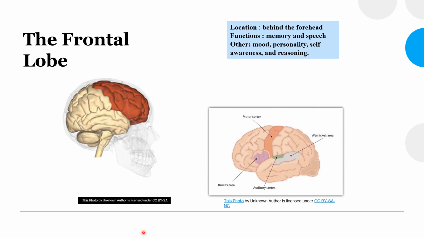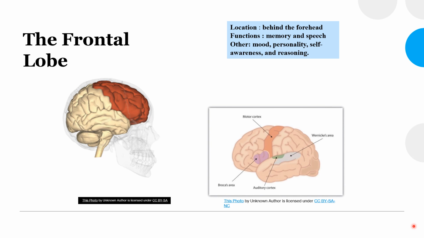The Broca's area transforms your thoughts and ideas into words, and then the motor cortex retrieves the information from the Broca's area and then instructs the muscles that control your face, mouth, tongue, lips, and throat on how to proceed